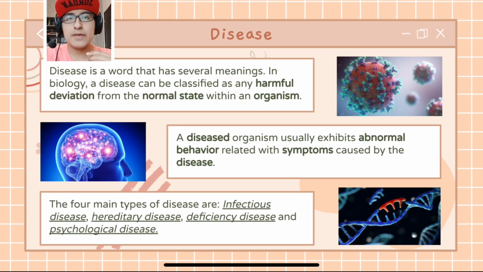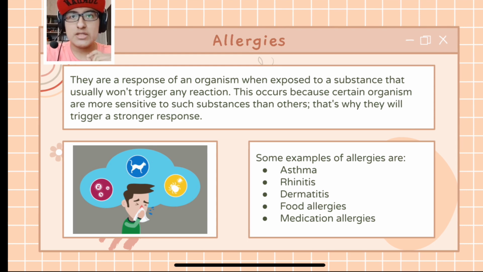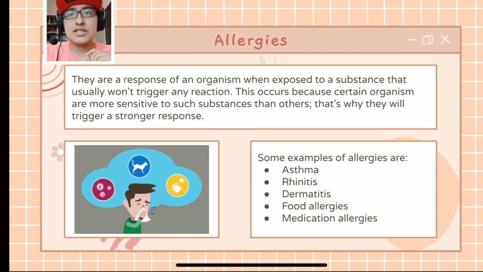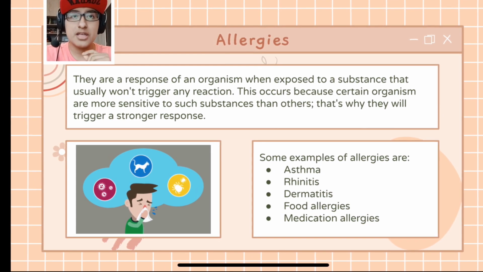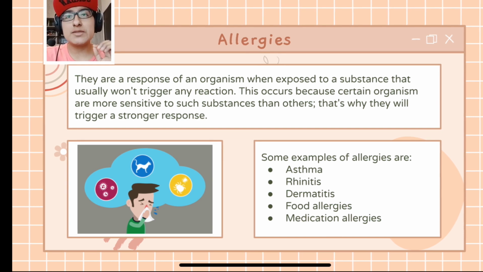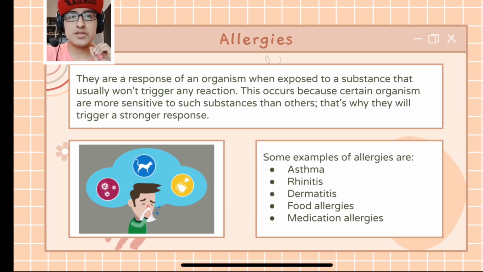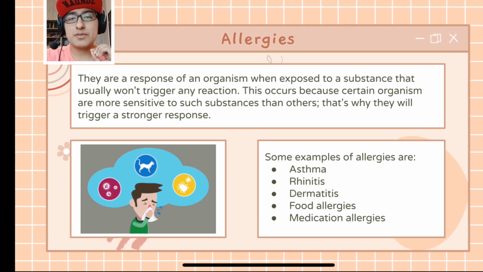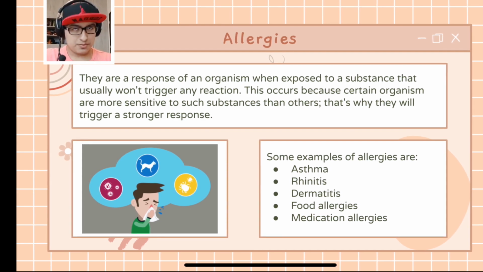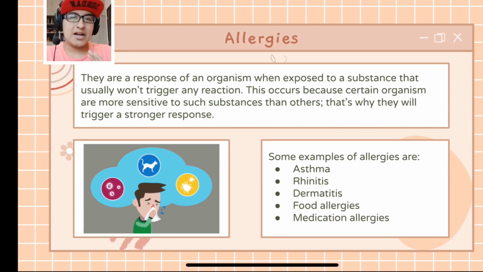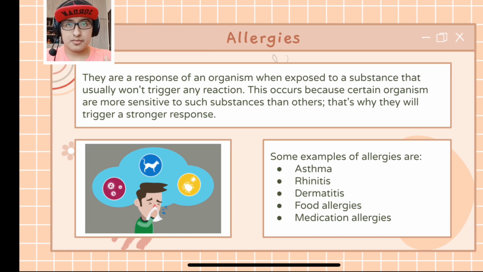The next word we have is allergies. They are the response of an organism when exposed to a substance that usually won't trigger any reaction. This occurs because certain organisms are more sensitive to such substances than others. That's why they will trigger a stronger response. So, just to summarize, allergies are